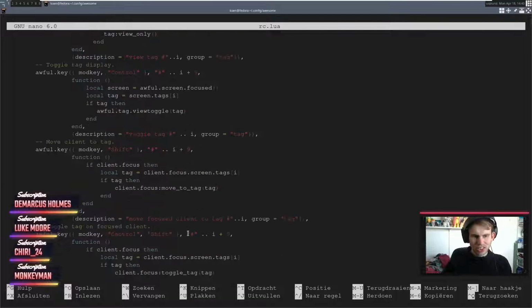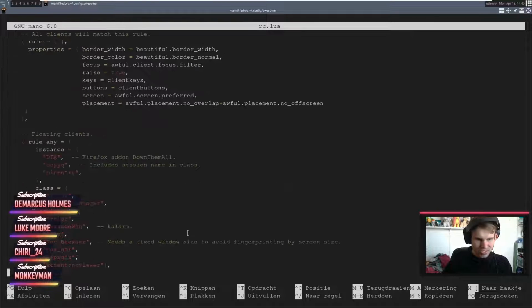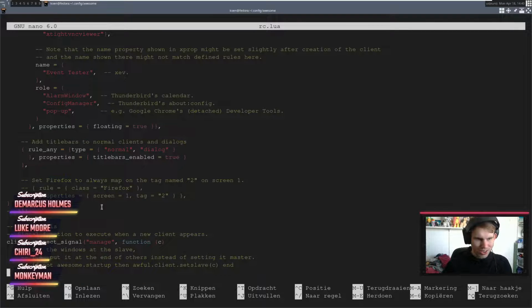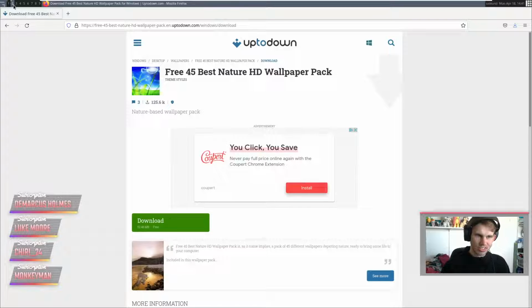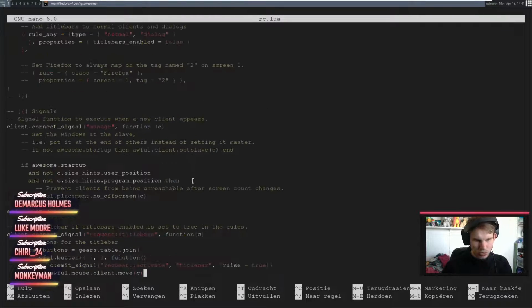But there's a lot more to do in this. We are still not quite done yet. So let's see what kind of things we can actually do in here. We have the title bar. I actually really want this to simply be gone. So we're going to turn that to false. And let's hope that's all that I need to do for that to take effect. And it looks like it is. So now we just completely get rid of those ugly as sin title bars.